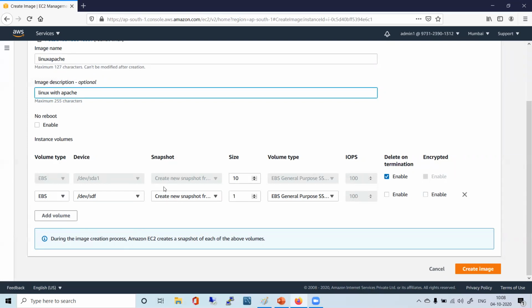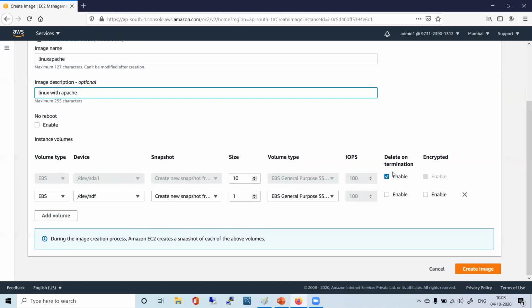So you are creating from a Linux machine, so that will have Linux only. Whatever you are having, that only will come. Now, what you can do here is you can change the size if you wish, right? So you have a 10 GB instance, you can make it 11 or 12 if you want. Then the person who is going to create an instance out of it, the final size in the launched machine should be 12 GB or something, so you can modify that.